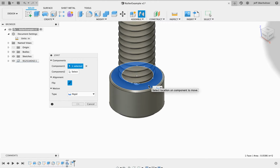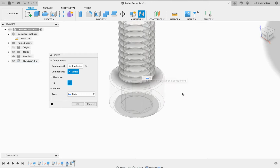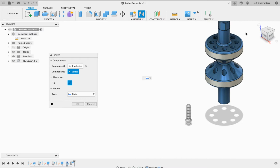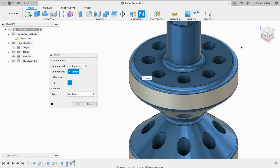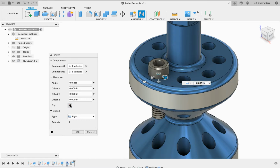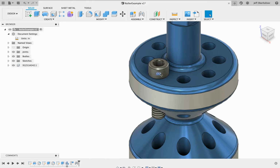It'll turn blue. That allows me to work with those points, and I want that center point right in here. Make sure you get that. Don't get the ones that are on the rim of this. Click that point, and it should turn kind of clear or translucent. What that means is that it's waiting for its next command, and it needs the other half of the joint. I don't care which one you place it in, but choose one of these holes, and you want that center, that little saucer icon in the middle of a hole. Click on it, and the screw will jump into that hole position, but notice that it's upside down. All I have to do is choose flip right here in the menu, and then it's going to locate it in that position. Make sure that you hit OK, and you successfully placed your screw in one of those